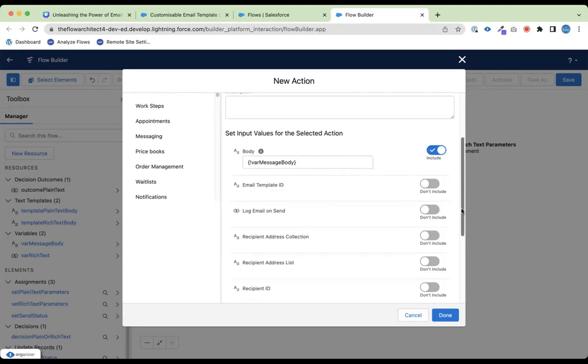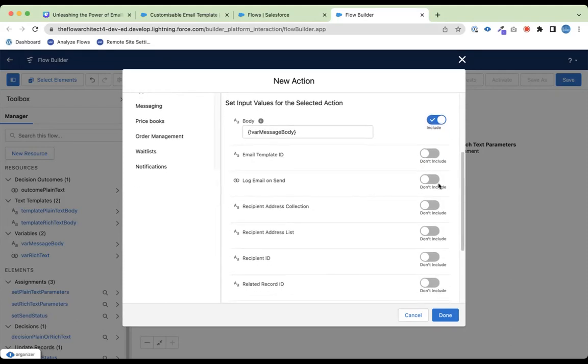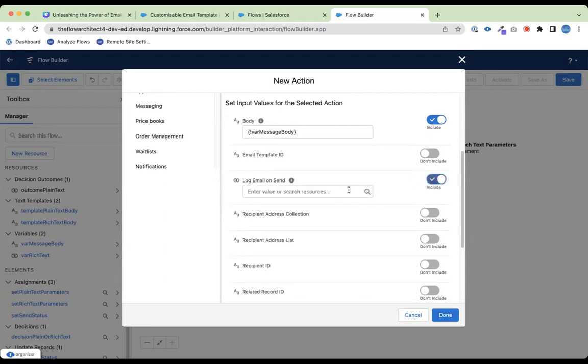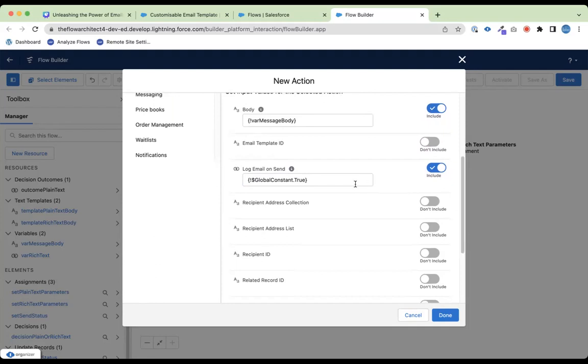We've got the log email on send function as well. For this one, we're going to say this one's going to be true, because it's a Boolean, so it's looking for true or false. And what this allows us to do is, when we send the email, it will allow us to send that straight to a contact,